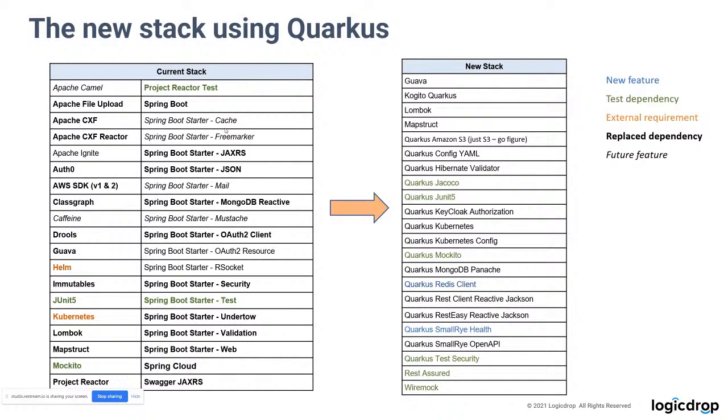The use of the optional dependency was a complete mess, because in Quarkus, if I pull over Mongo Panache, I know exactly what I'm getting. I'm getting the dependencies that I expect to pull in. There's no guessing about what's going to turn on or turn off because I pulled in a starter.